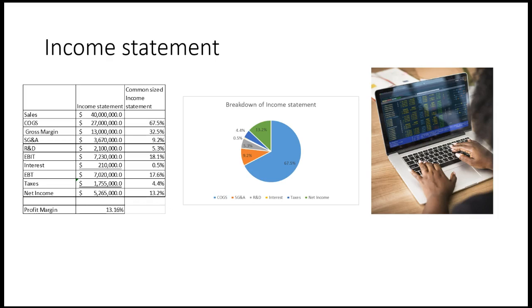So this would be a vertical analysis. Obviously, you're looking at it vertically. But you also want to bring in the element of horizontal analysis. By that I mean look at the income statement for this company historically, for the last 3 or 4 years, to see if the components are going up or down.